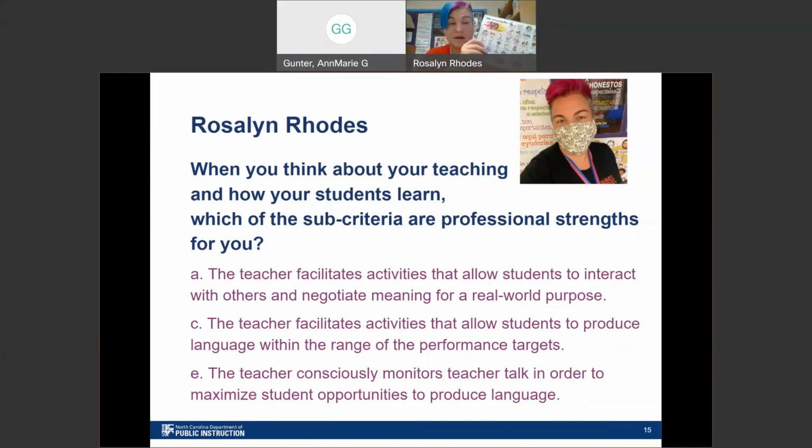Amy Leonard has amazing chat mats with pictures and some sentence starters to just help, because I have to make sure in my classroom that if I'm asking them to do something, it's within the range of their performance target, their actual novice range, or their intermediate range if I'm with some other students, with my heritage kids.